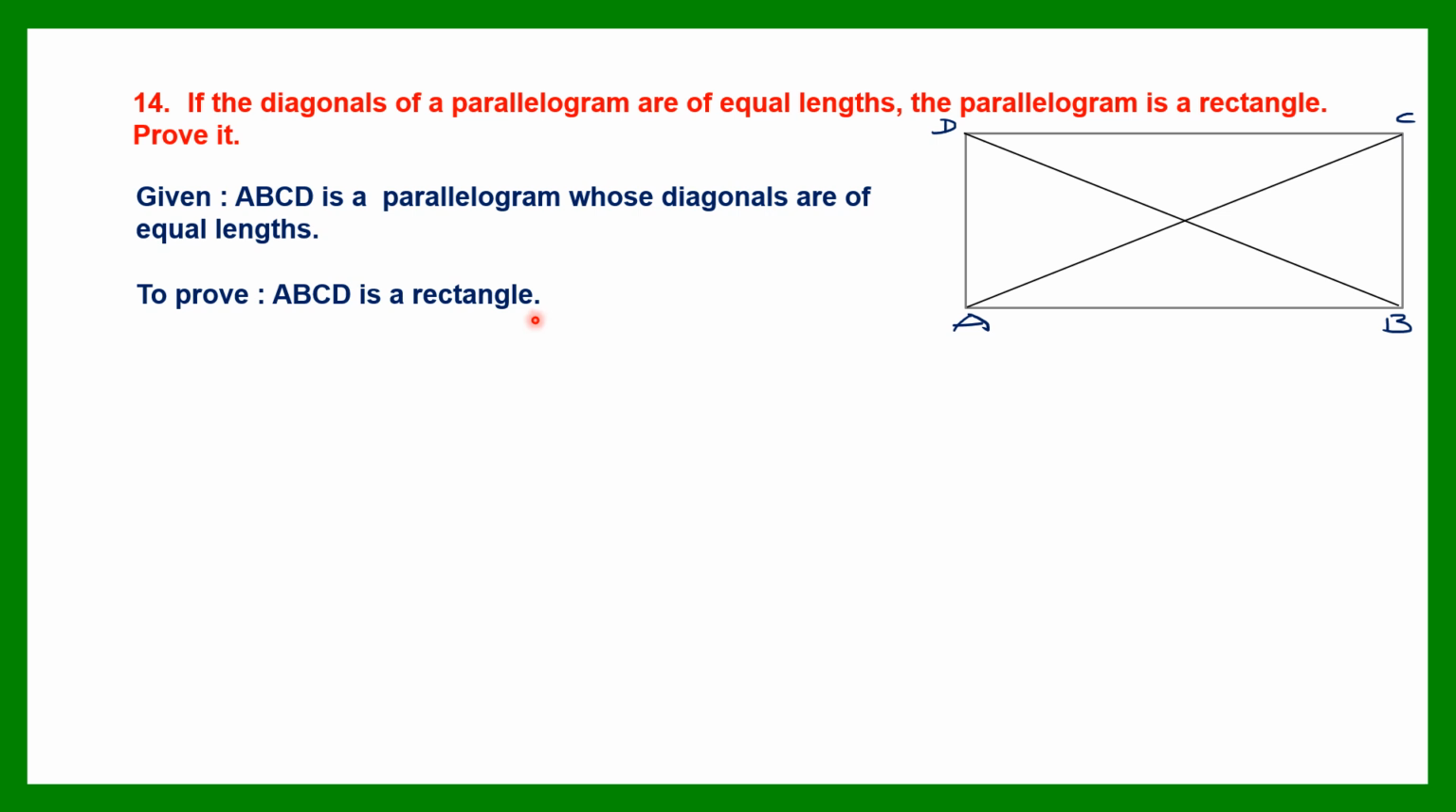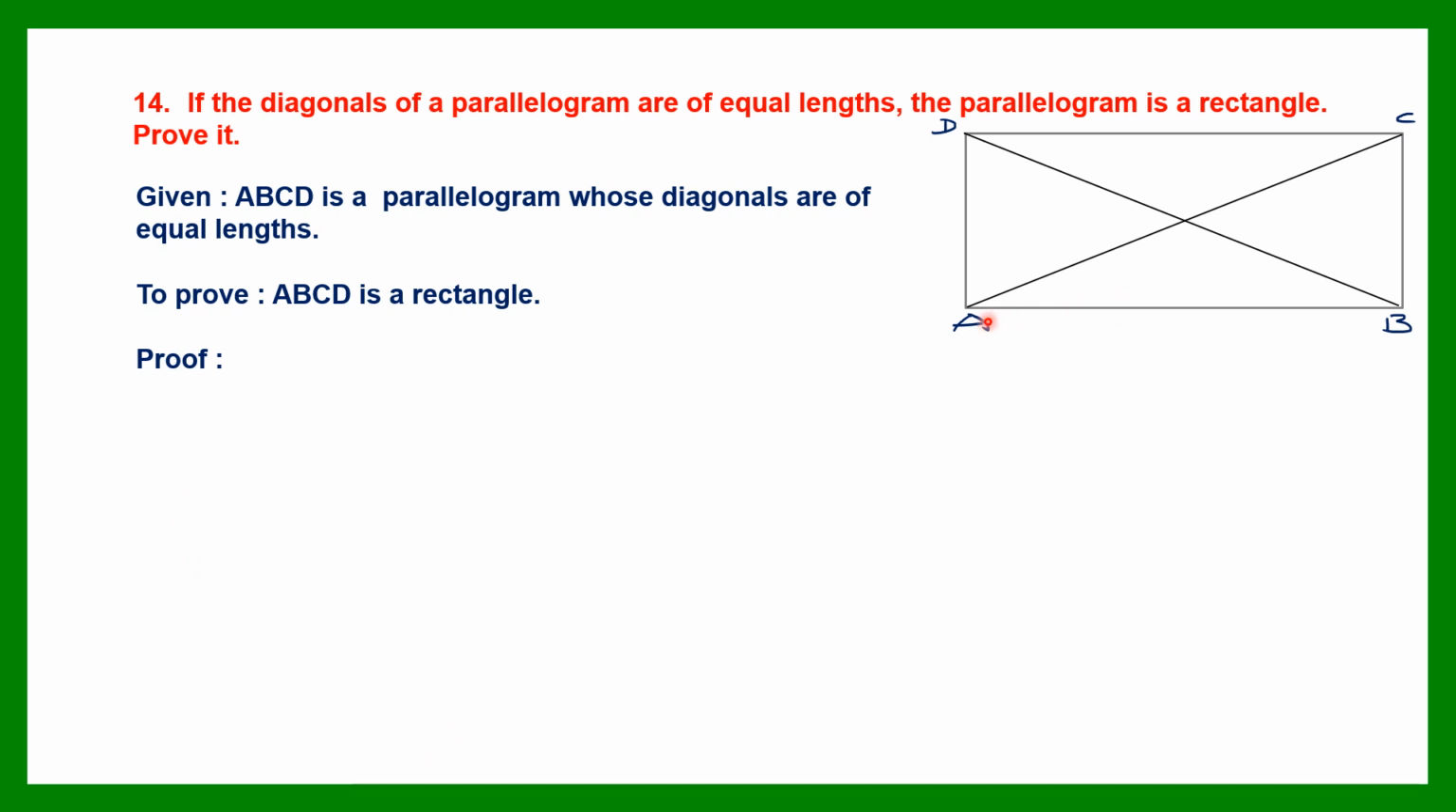Now to prove that this is a rectangle, one very important property about rectangles is that the four angles are 90 degrees. So if we can prove that the angles here are 90 degrees, then we can say that this parallelogram is a rectangle. So for that, the first thing we're going to do as proof is look at triangles,